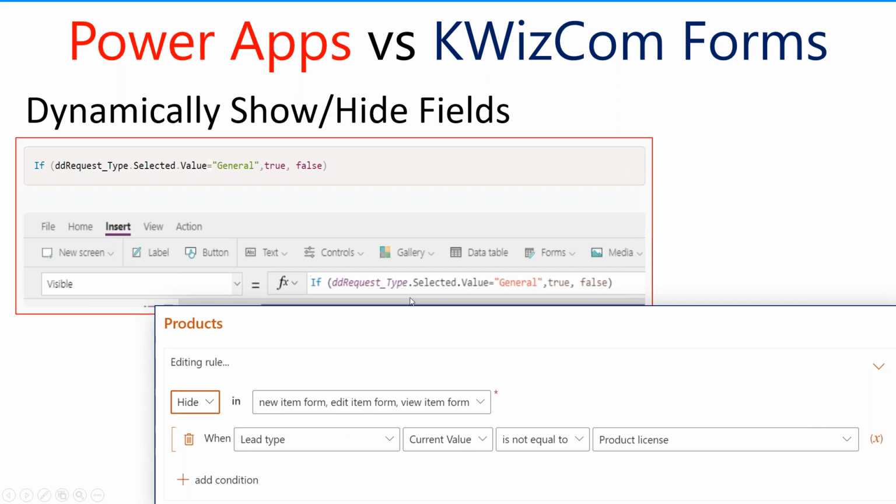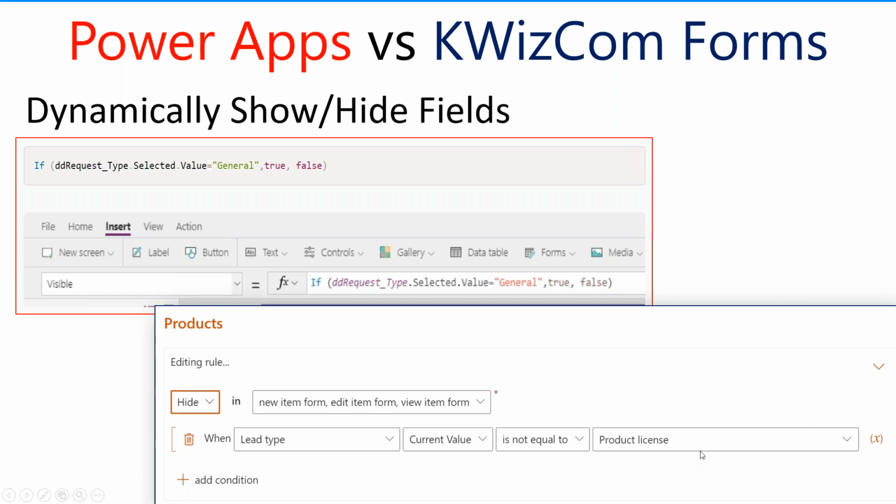more conditions on it. Whereas in Power Apps, if you want to put more conditions, saying on which form to hide, on which form to display, can we change some conditions more than just value equals general, but do several ands and ors? It becomes very clunky in Power Apps, not to mention the fact that managing it later, you need to parse out the formula that can become quite long, while here in QuizConforms, we can just delete or